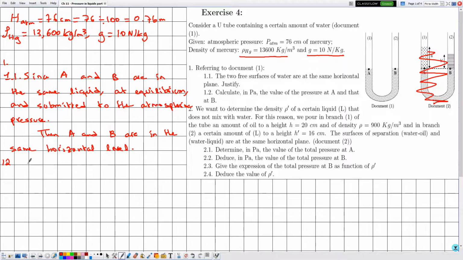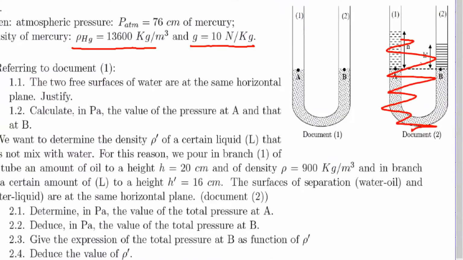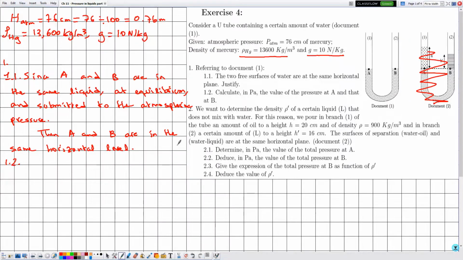Now 1.2, calculate in Pascal the value of the pressure at A and that at B. Because A and B, both of them are submitted to the atmospheric pressure, then in other words we need to calculate this pressure, which is given by the atmospheric